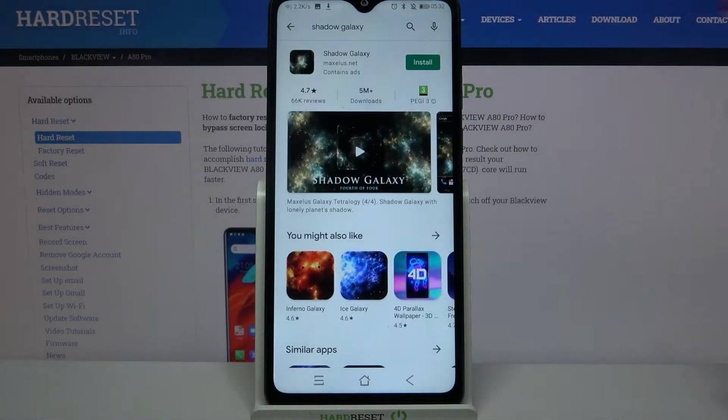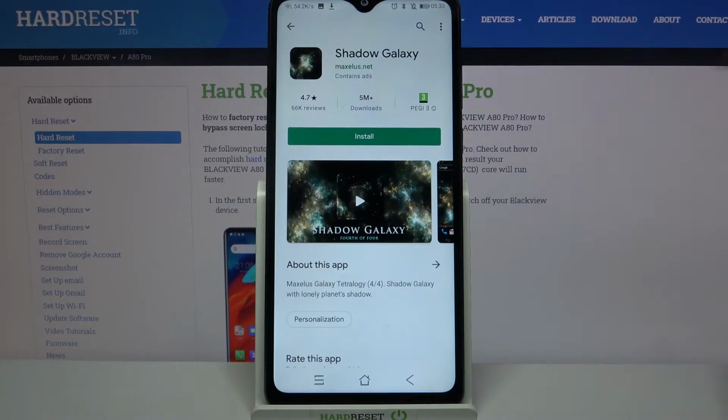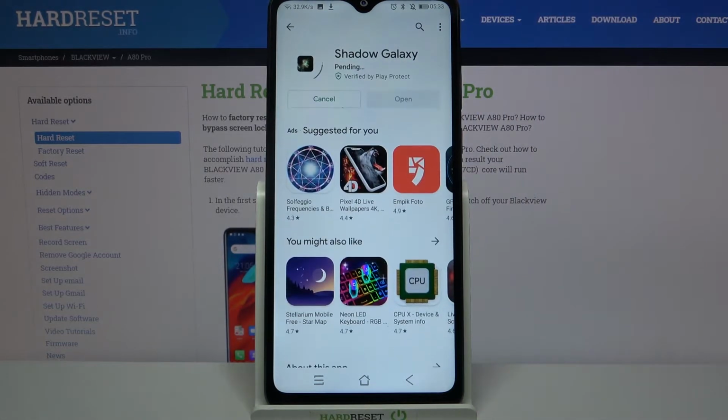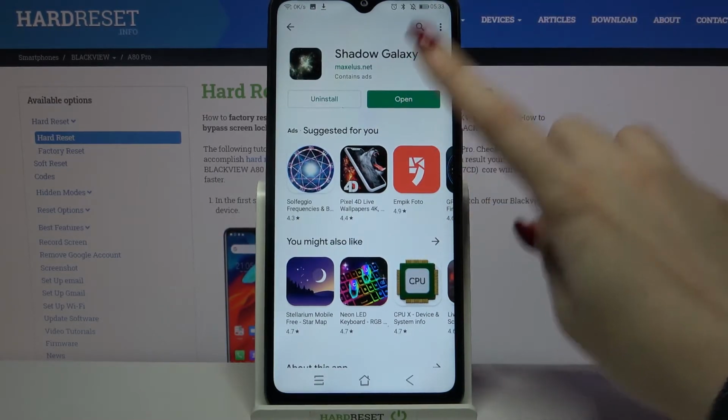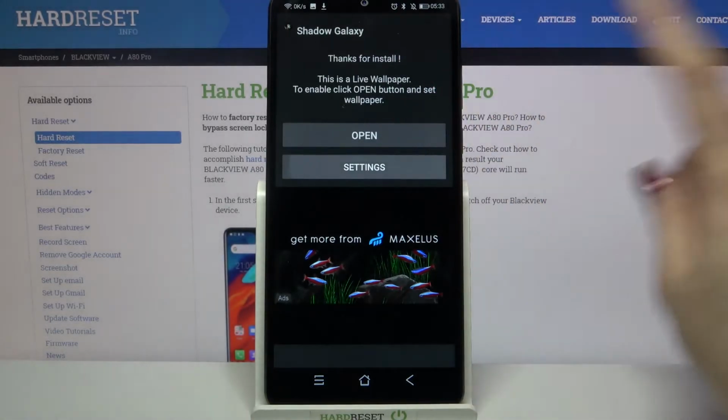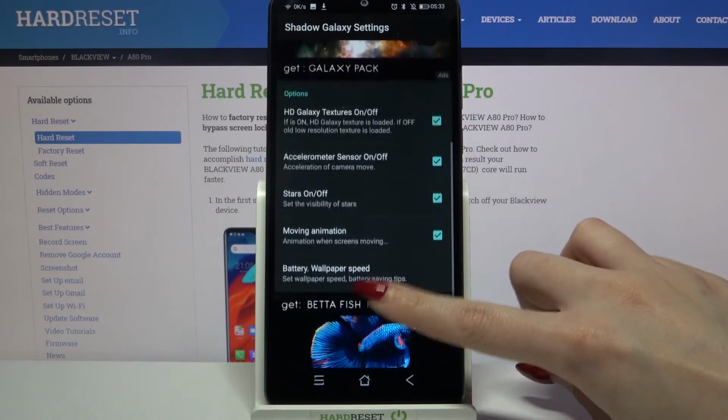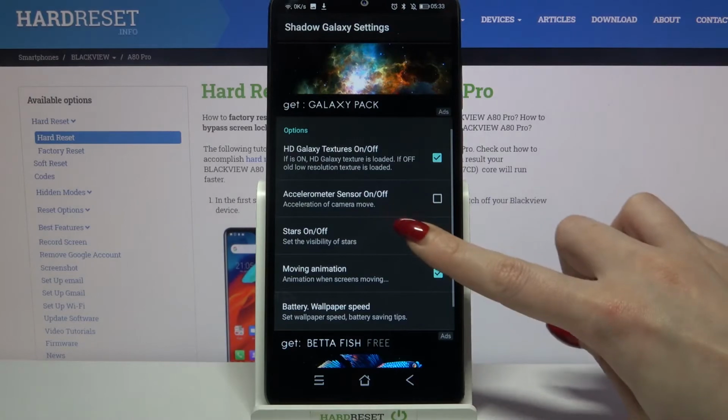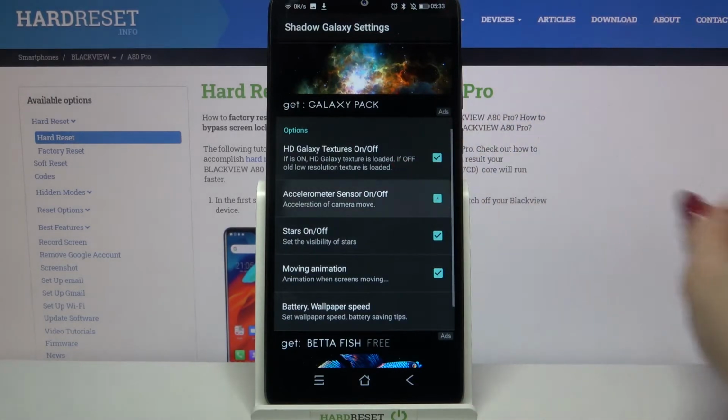Then, download this app from this developer. Now open it, click Settings and customize your wallpaper however you want to. When you're done, go back